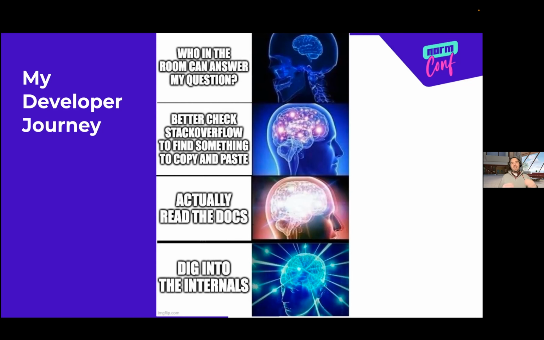So that became kind of the next stage of my journey as a developer that was slowly moving into the data world somewhat. But the last stage, which is really the thing I want to talk about today, and maybe 90% of you are here, but I hope there's a few of you who maybe are still at stage 2 or 3 here, is I actually realized as someone who's working with software, I can dig into the internals of the software that I'm using, of the third-party tools that I'm using, and actually can get a lot of value by doing that.